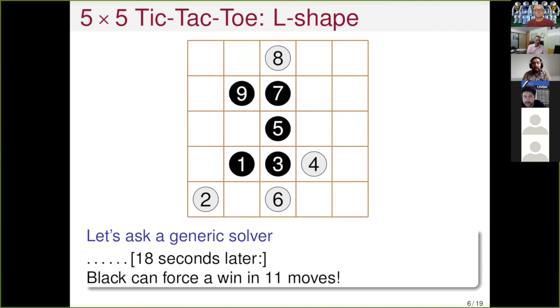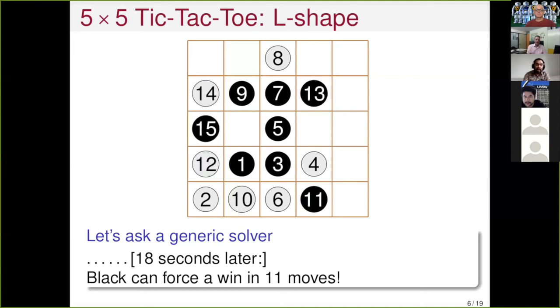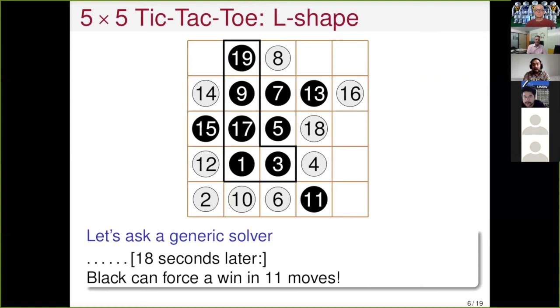How to do it? Well, start like this, and the best move for white is that, followed up by the sequence of moves, and eventually black obtains an L like this, and there was nothing that white could have done to delay it further. That nothing that white could do is one of the tricky bits to guarantee. Anyway,